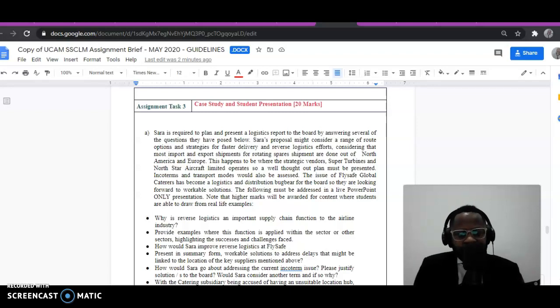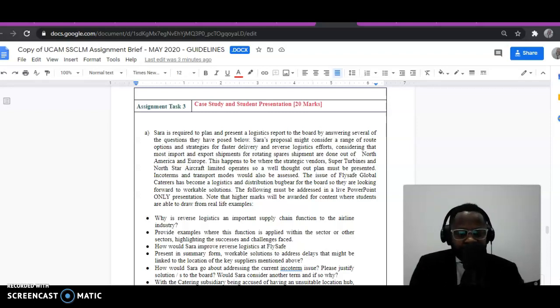This happens to be where the strategic vendors, Super Turbines and North Star Aircraft Limited operate. So a well thought out plan must be presented. Incoterms and transport modes would also be assessed. The issue of FlySafe Global Caterers has become a logistics and distribution challenge for the board, so they are looking forward to workable solutions. The following must be addressed in a PowerPoint presentation